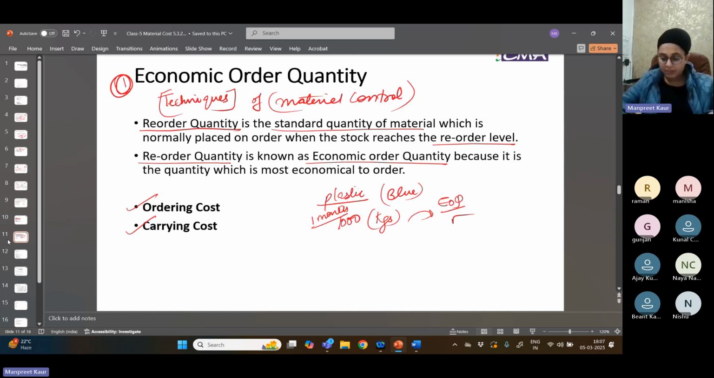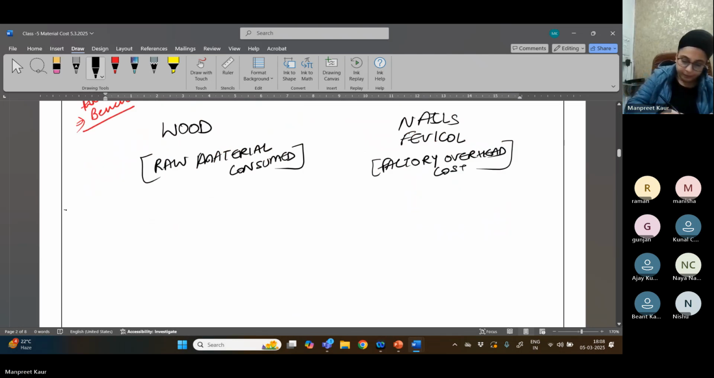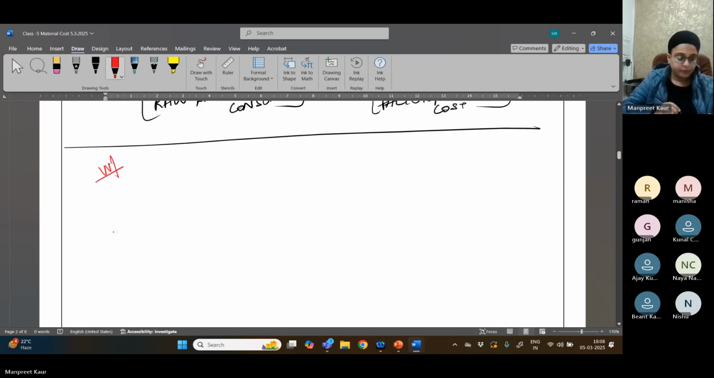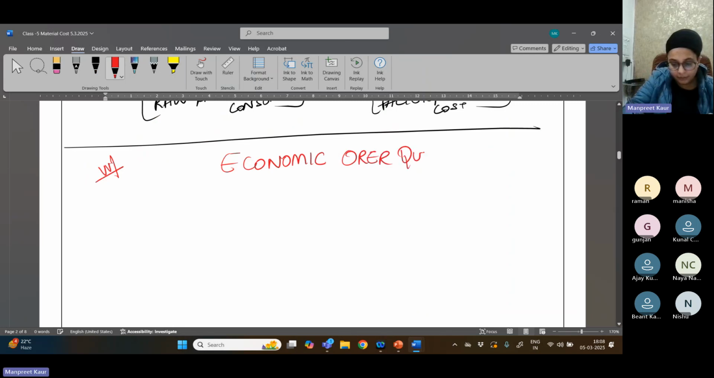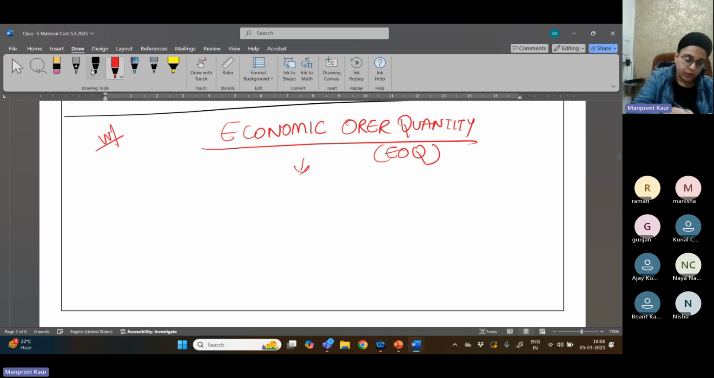I have explained this more deeply. Let's come to the topic. It is very, very important. Economic order quantity, that is EOQ. It is also known as,